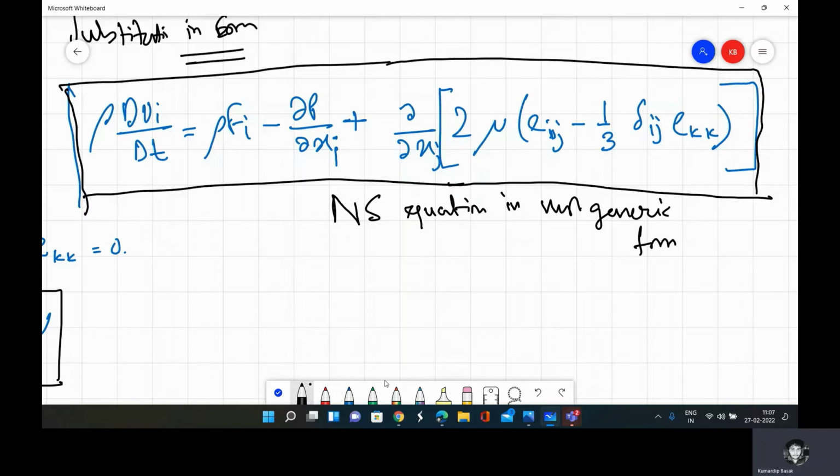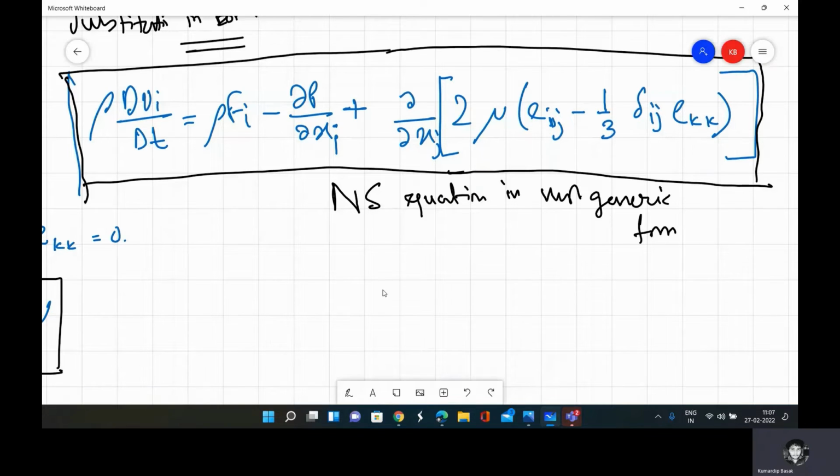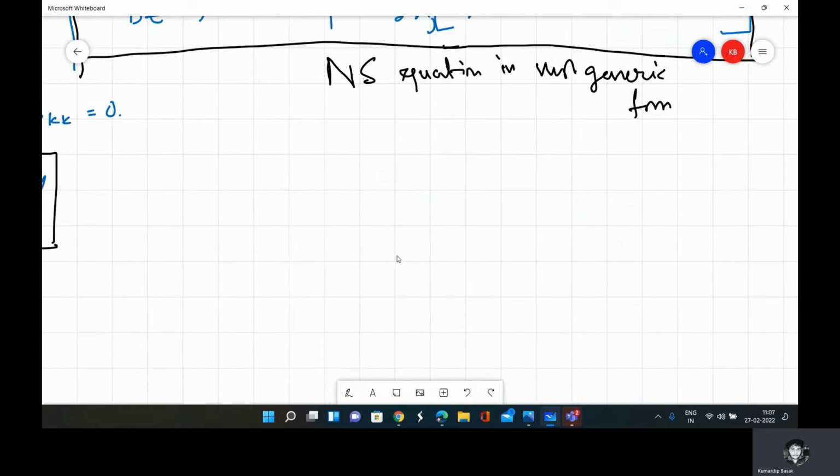It is applicable, this set of partial differential equations. This is the Navier Stokes equation in its most general form. Now, there is a little bit of mathematics left at the last part